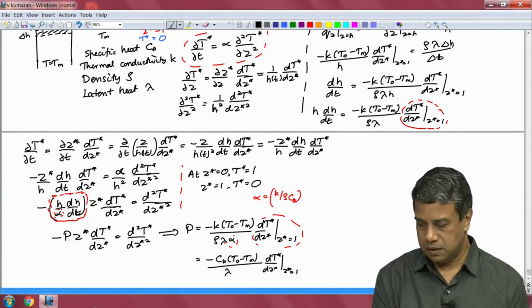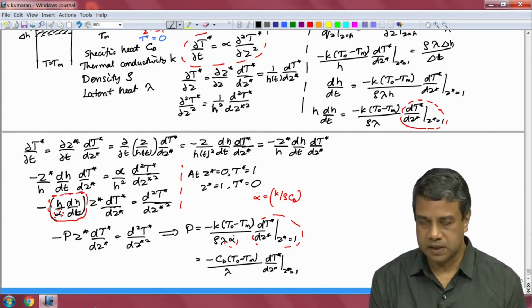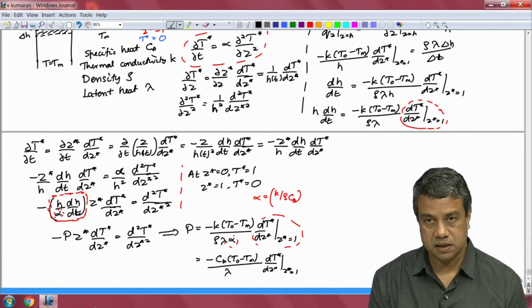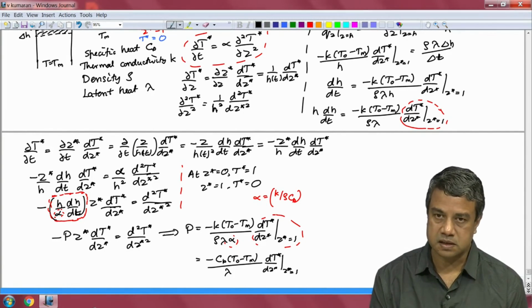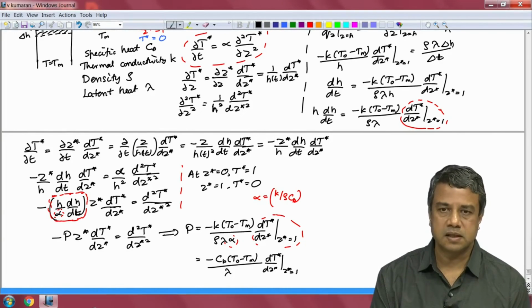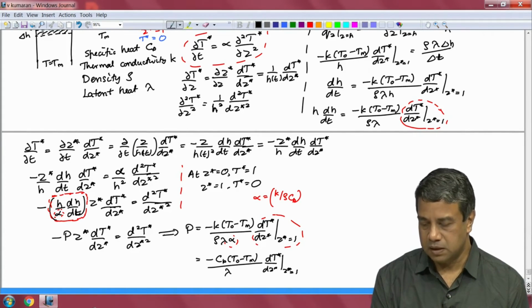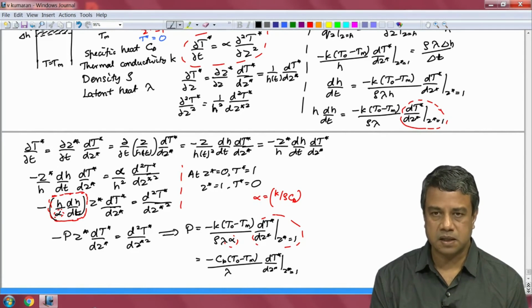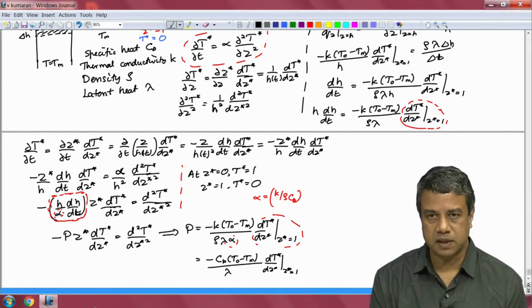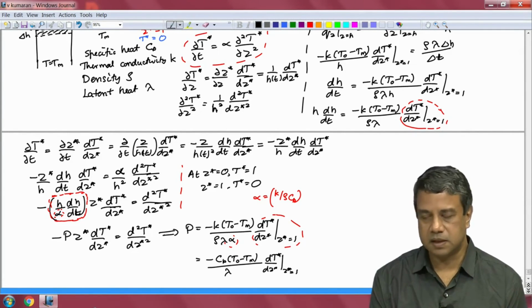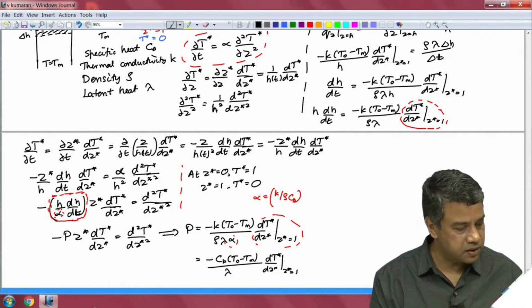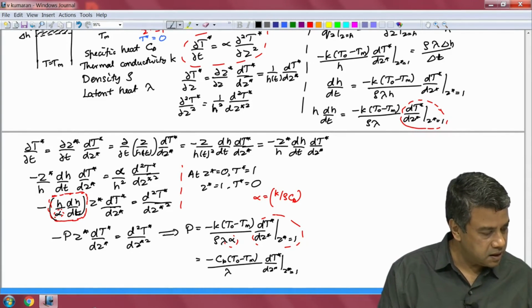Note that Cp into T naught minus Tm and lambda both have the same dimension of energy per unit mass, because mCp delta T is an energy and therefore, Cp times delta T is energy per unit mass. Lambda is also an energy per unit mass. The numerator is the energy that is required to increase the temperature of the molten material from T naught to Tm. Denominator is the energy required for melting. So, the numerator and denominator both have the same dimension of energy,